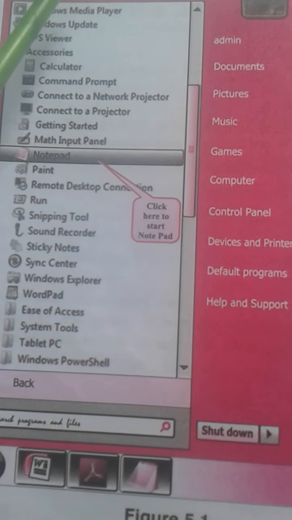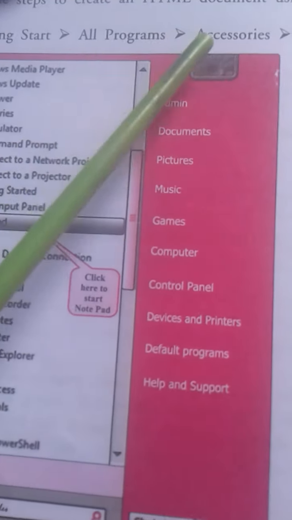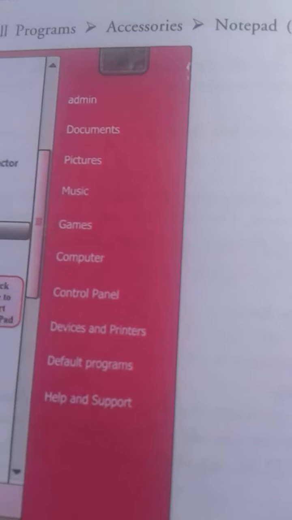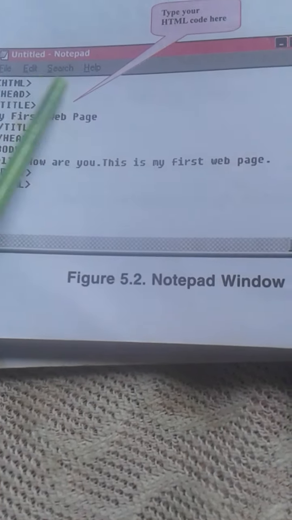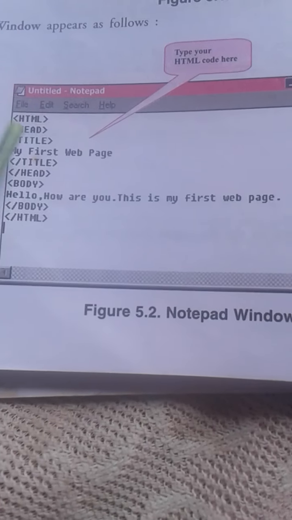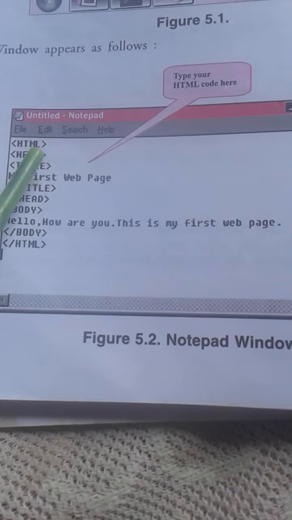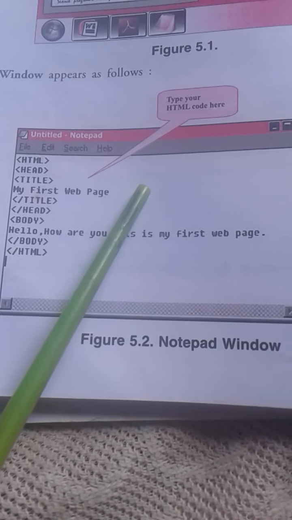First, we have to click Start, then All Programs, then Accessories, and lastly Notepad. Look here. When you start Notepad, a Notepad window will appear, and you have to type your HTML codes in this window.